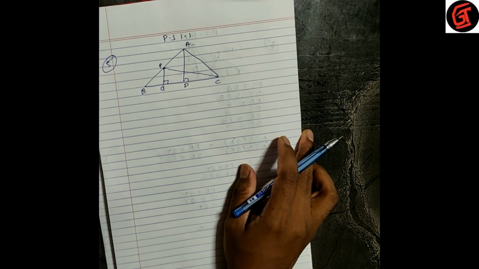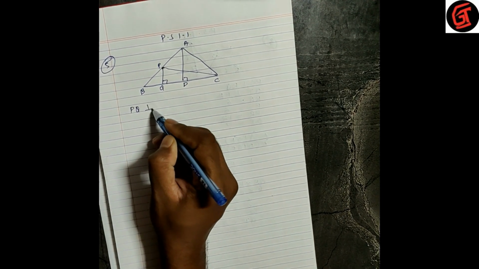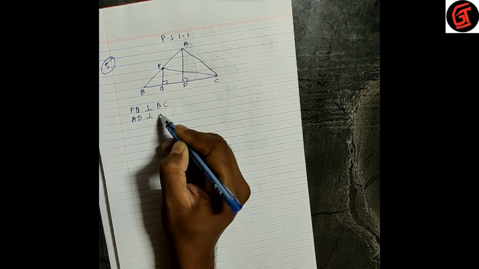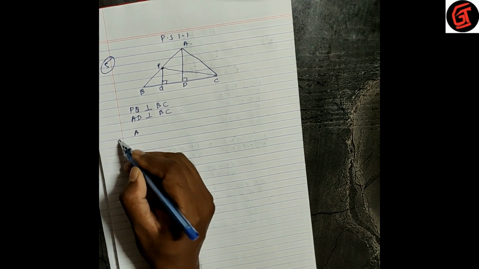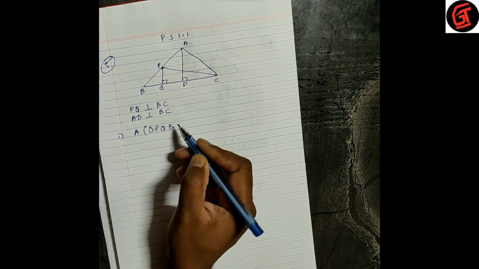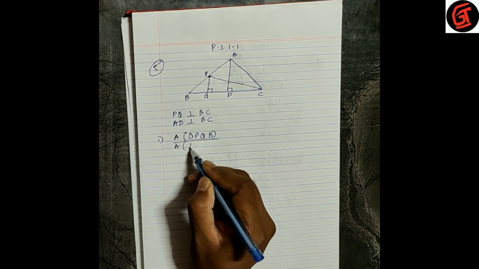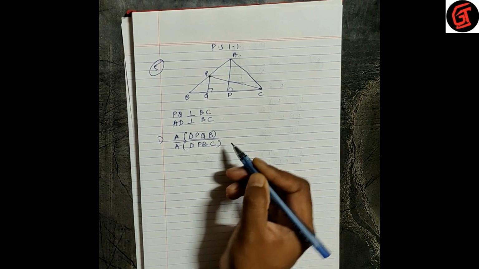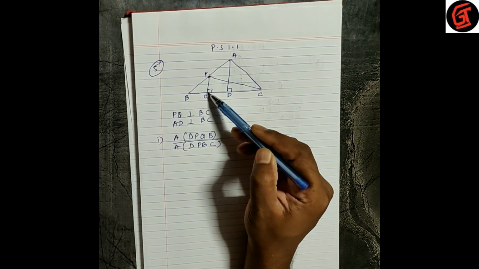Now here we have to directly find out certain values. What all is given to us? That PQ is perpendicular to BC and AD is perpendicular to BC. Let's start finding out fatafat. The first thing we have to find is the area of triangle PQB upon area of triangle PBC. Okay, let's check. PQB,